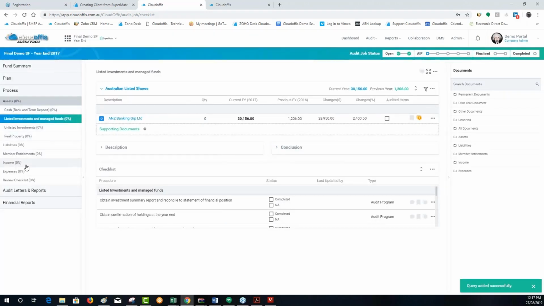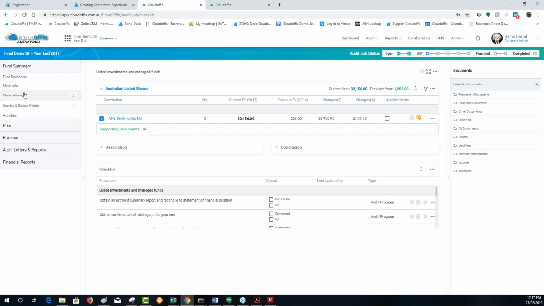Now, once I go through the entire audit and I've completed everything I can, and I know what I require from the external firm, from my dashboard, I can go to my queries and review points. So two ways. I've got it in this menu. If I go back to the dashboard,